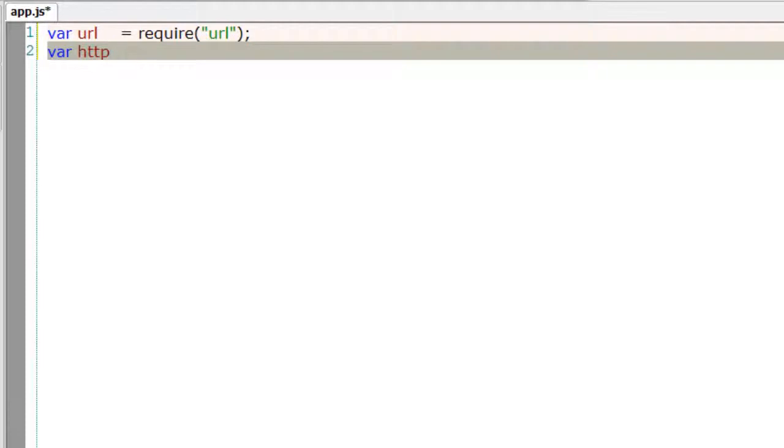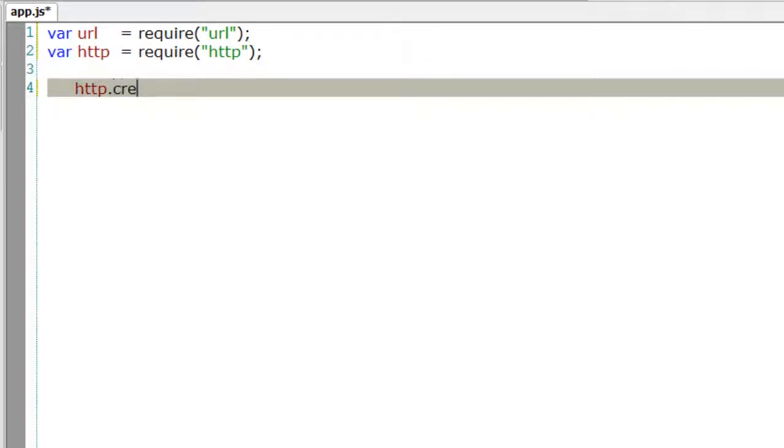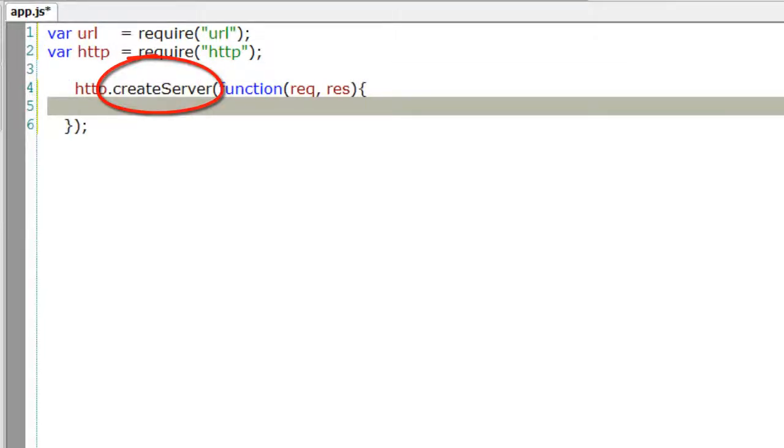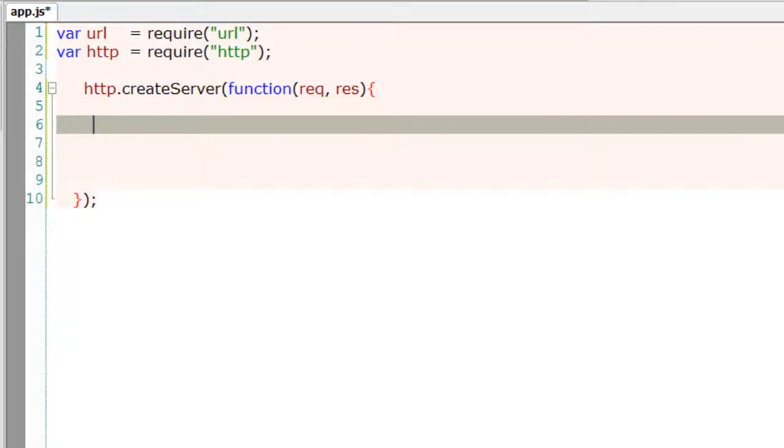Adding routes to your server. We require the URL module and the HTTP module. The HTTP module is to create the server. As we already know, the createServer method of the HTTP object passes in two objects to the anonymous function, which are request and response. Inside this server, I am taking a variable called myPath and assigning